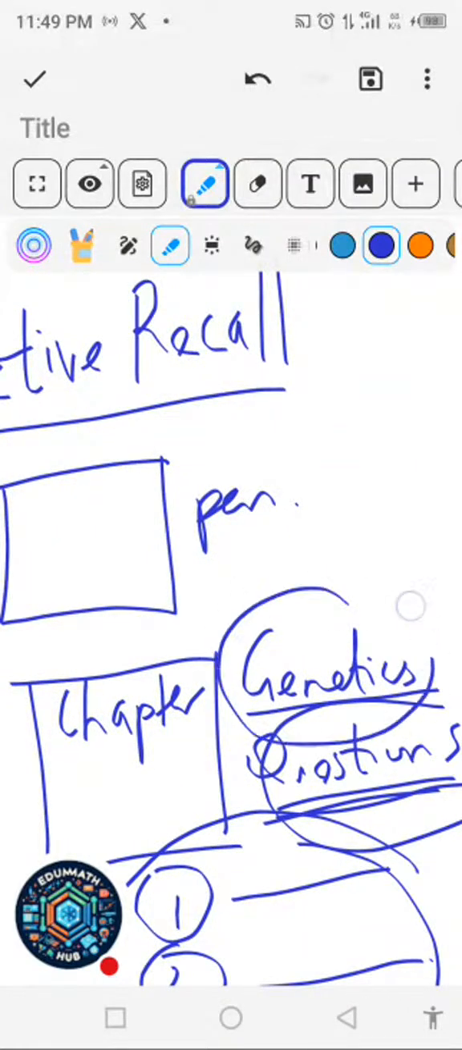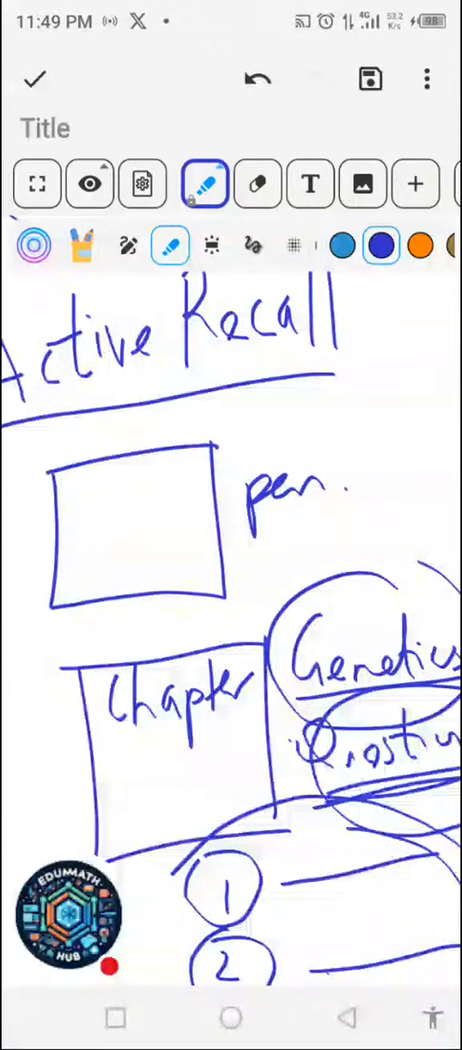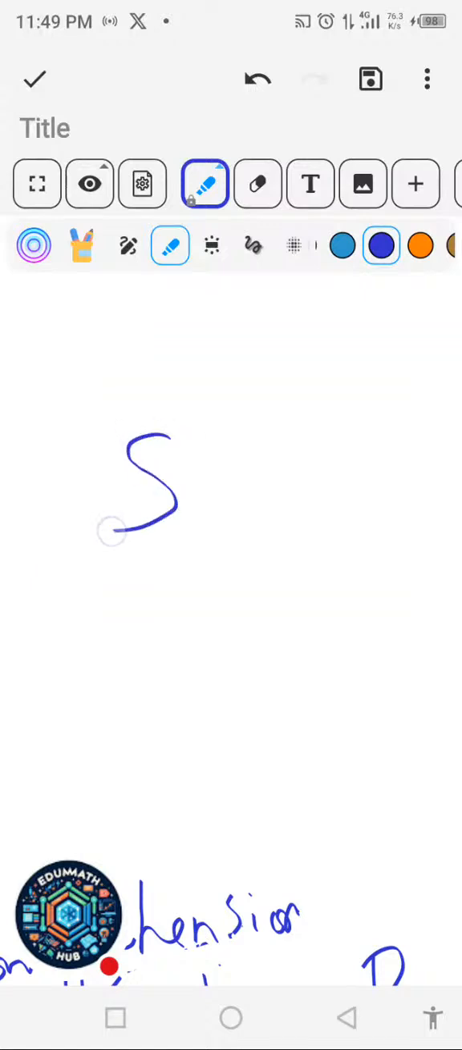What is genetics? Can I write the definition of genetics from my memory? Can I hold the pen and write it from my brain without looking at the textbook? If you cannot do that, that means you have not learned anything, because there's a difference between studying